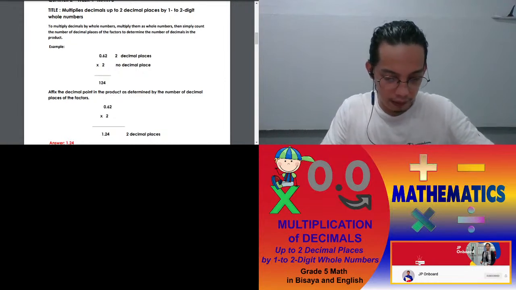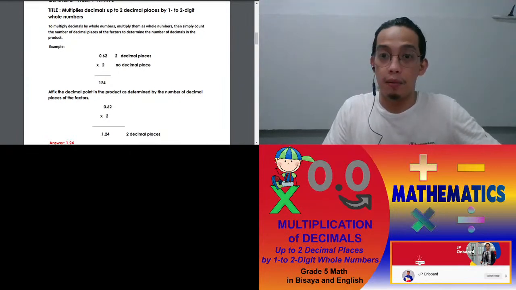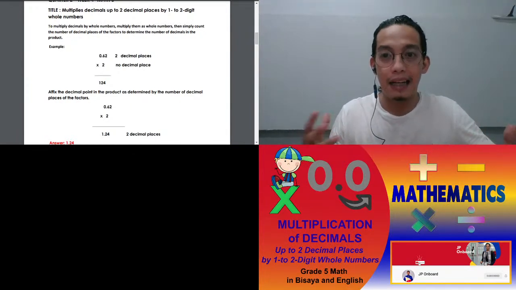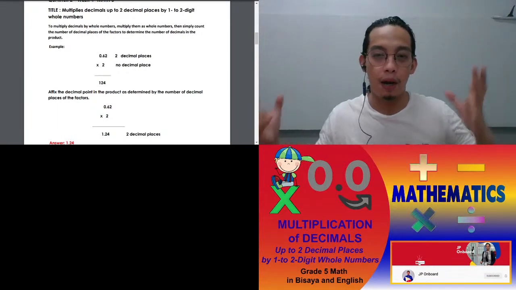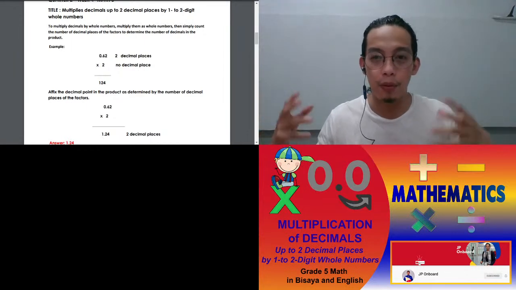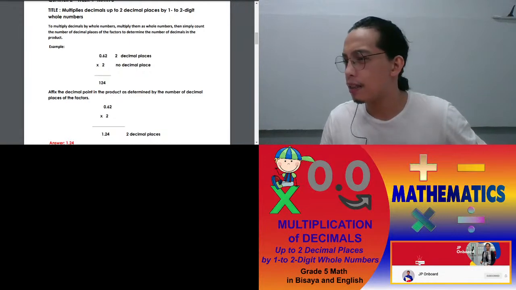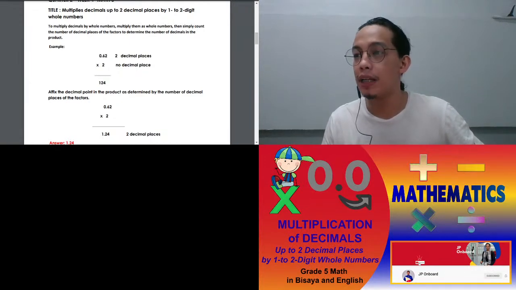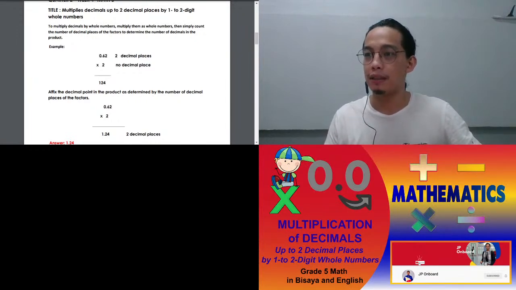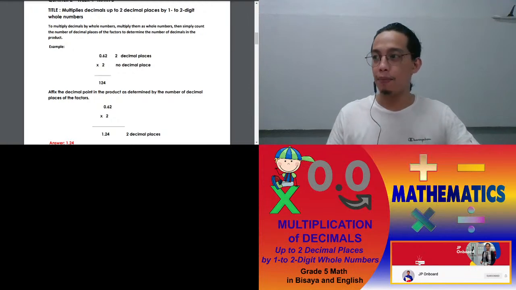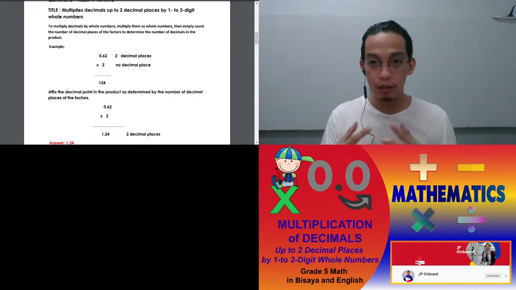We multiply them as whole numbers. So mag-multiply sa ila as whole numbers, not confusing our minds na decimal siya or whole number siya, but we multiply them as whole numbers, okay? And then simply count the number of decimal places of the factors to determine the number of decimals in the product. So, ang pasabot ana is after we have multiplied them as whole numbers,